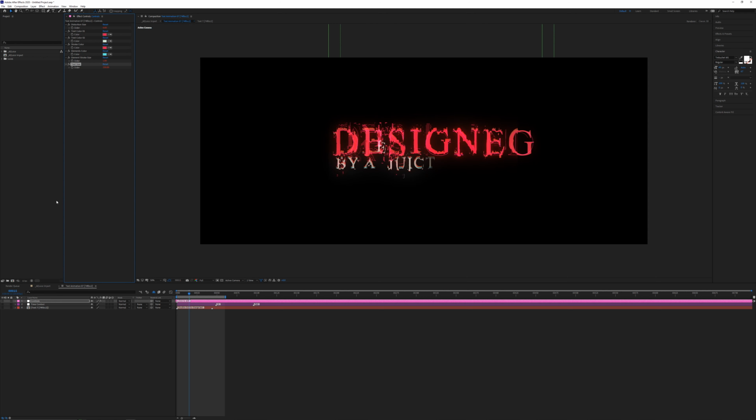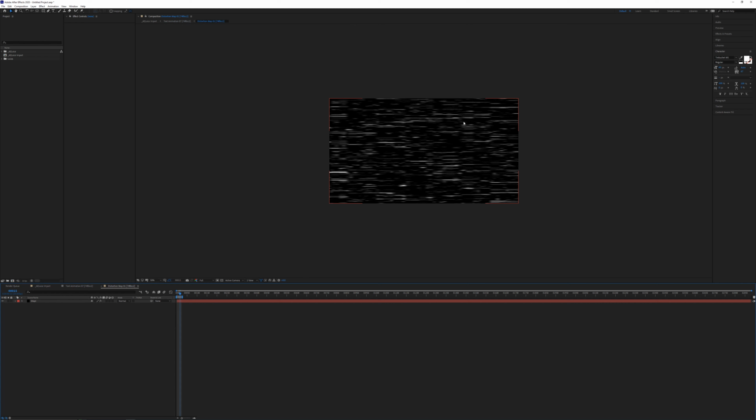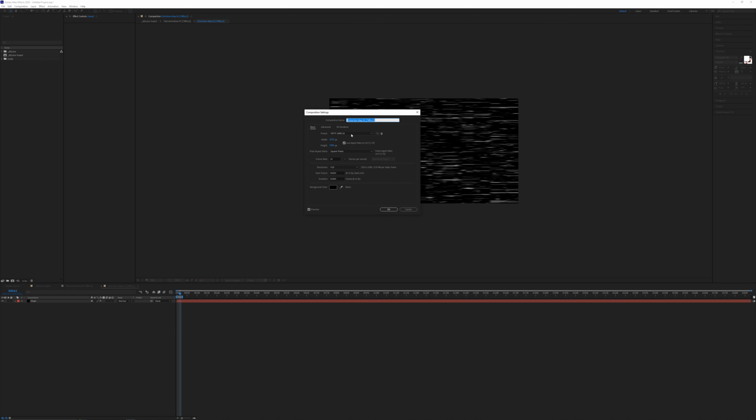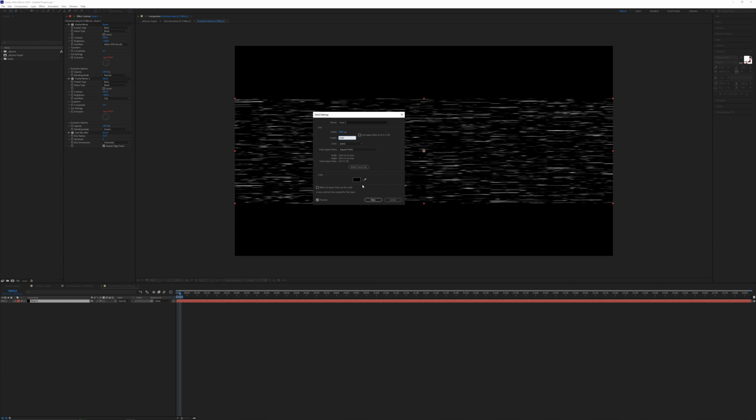Something like that. So if we click the shy button up here to unshy all the layers, you can see we also have a distortion layer. So if I double click this, we have something that's being used for displacement. This is also a lower resolution, so I am going to increase the resolution of this to 4K as well. And then I'm going to do the same thing for this layer. So Control Shift Y is how we bring that control up, or we can go to layer and then solid settings. And then we're going to increase that to 4K as well.